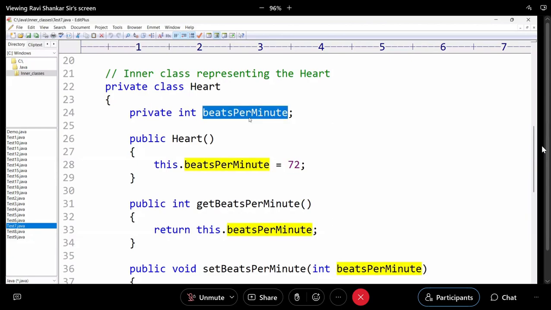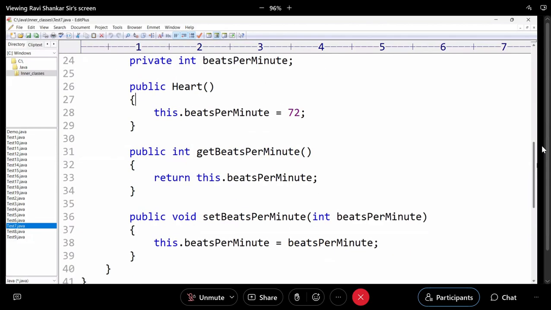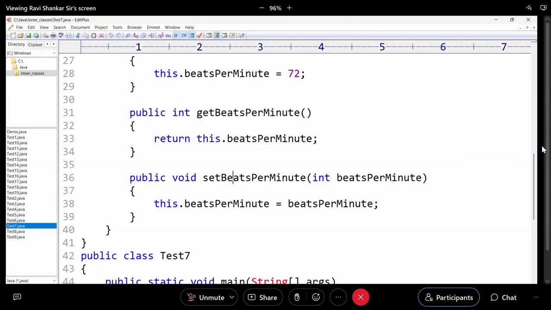So private class Heart, private int beatsPerMinute. Heart has its own functionality, beats per minute. And you can see here, you have a no-argument constructor. In this no-argument constructor, you directly write this.beatsPerMinute = 72. That means your heart beats per minute is 72. This is the no-argument constructor. And please look here, you have a public void setBeatsPerMinute. You can set the beats, meaning you can set the